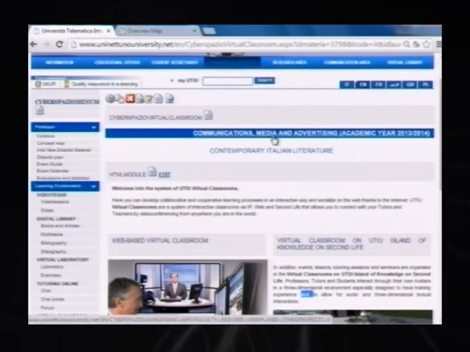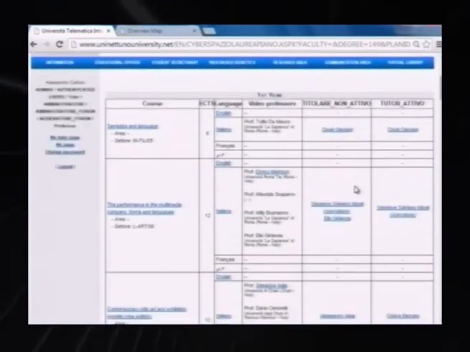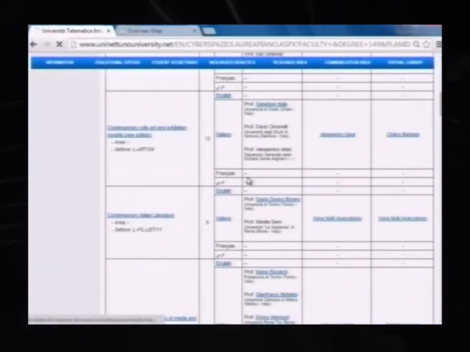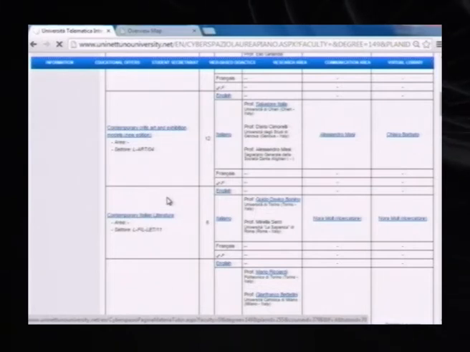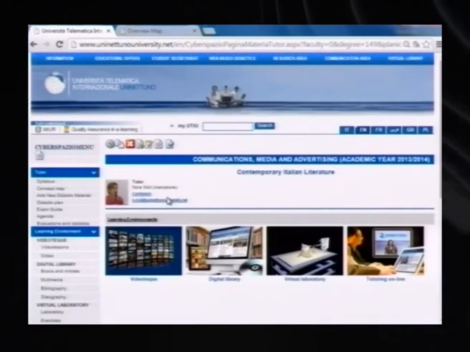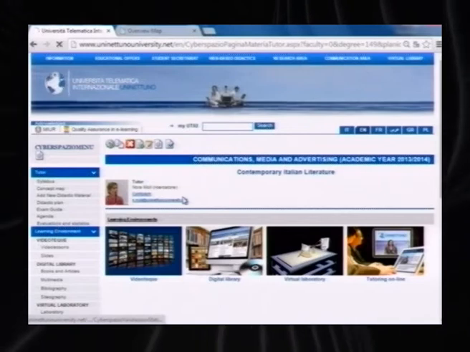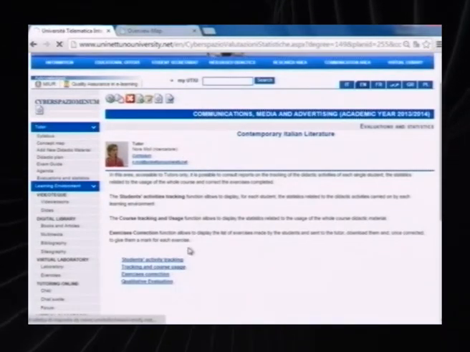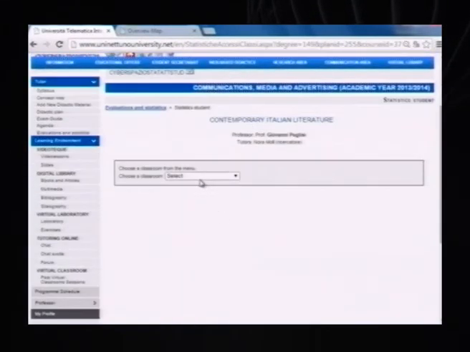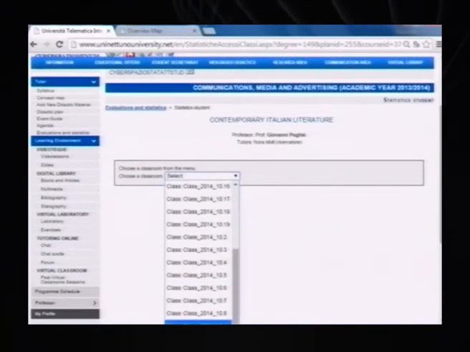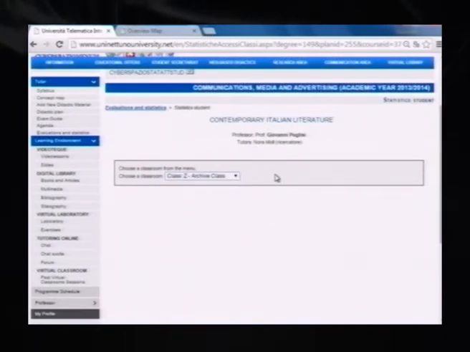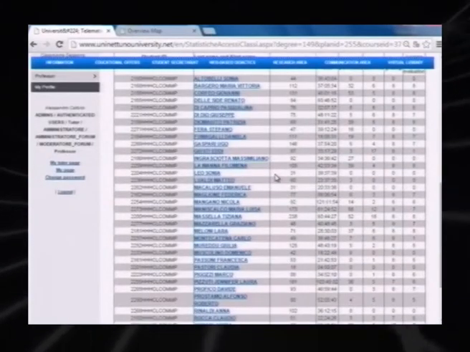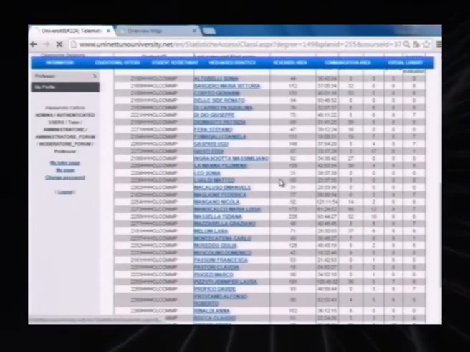All the student activities are traced by the system. For each course, for each student, we have a report that tells us how that specific student studied the course. Tutor can access the report for each student. I will show you one. I am picking a good student. In this case,